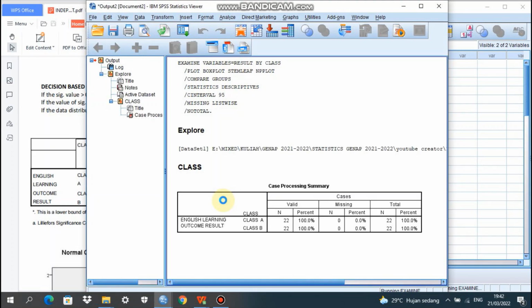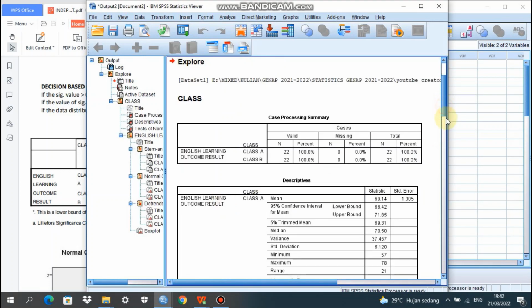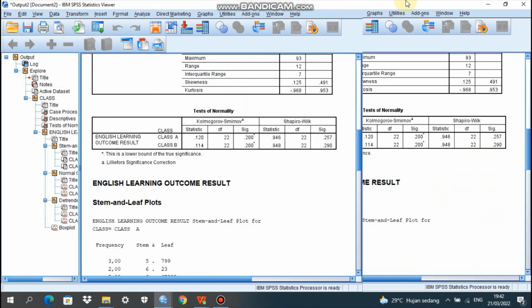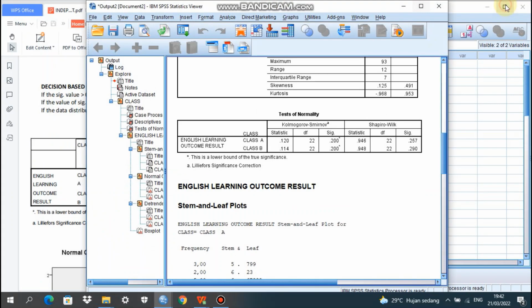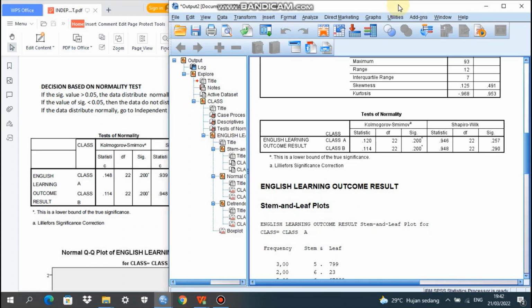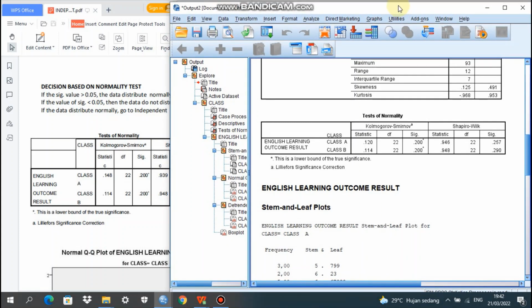We have 3 outputs and we go directly to Tests of Normality. Because there are 22 participants, as I have already told you before, we use Shapiro-Wilk.